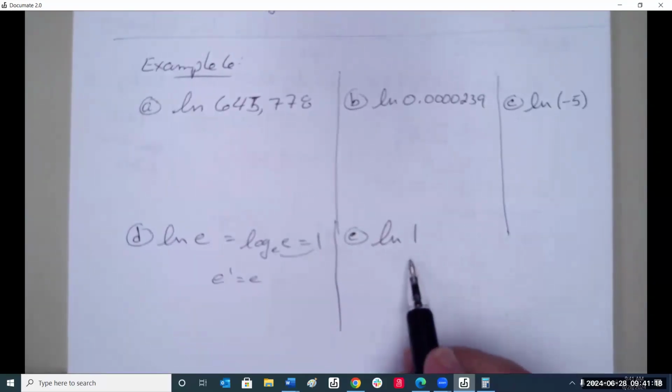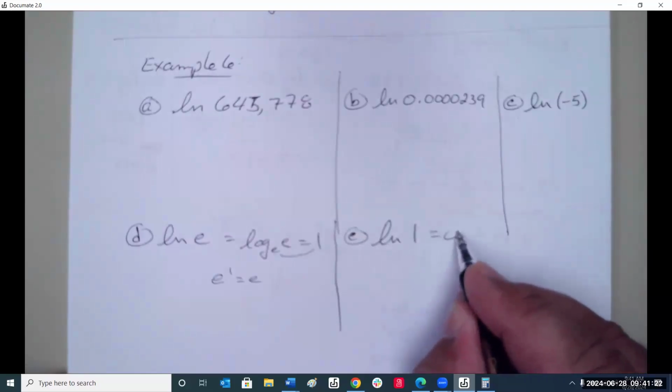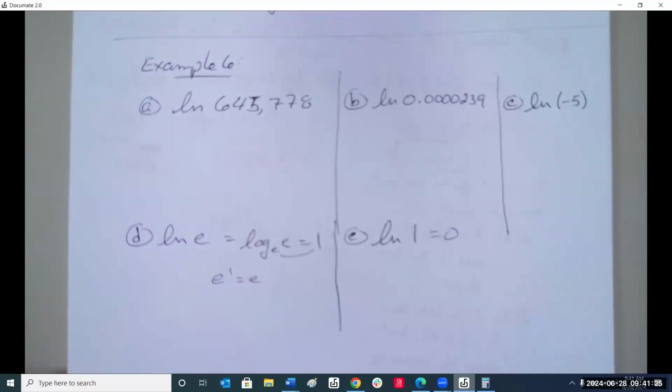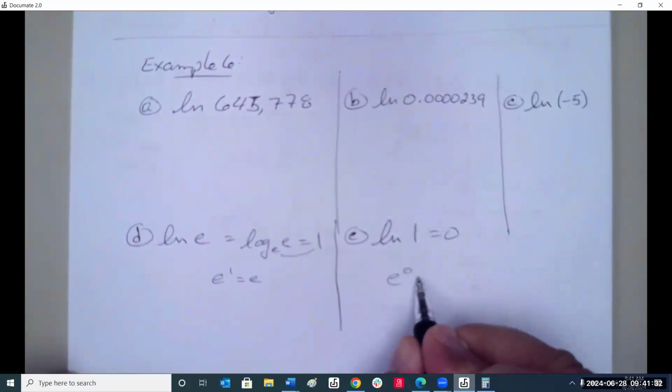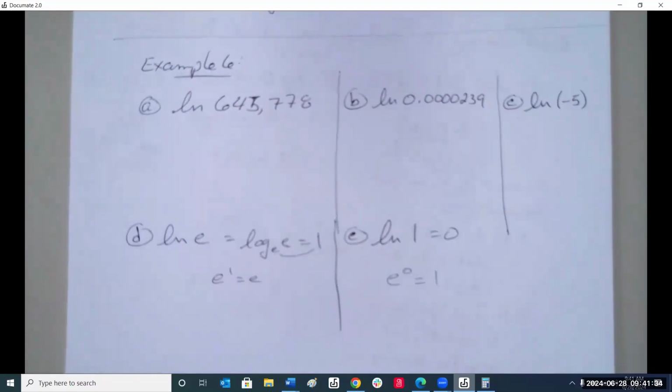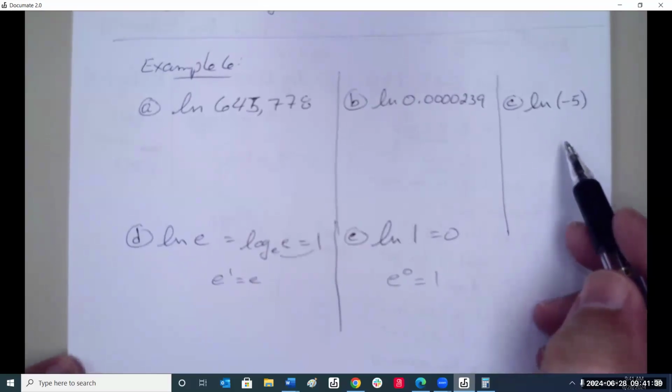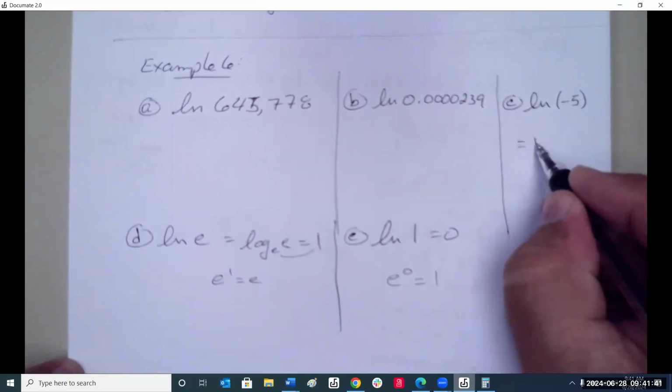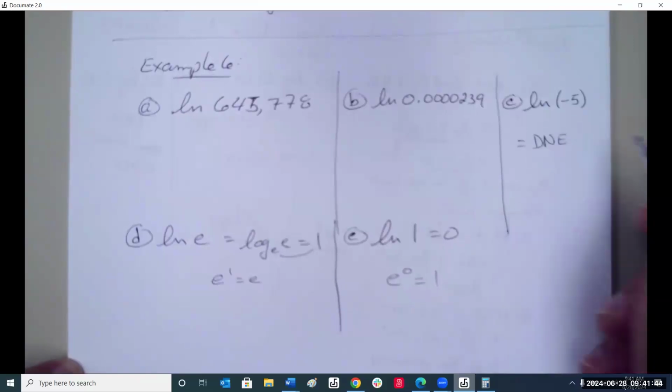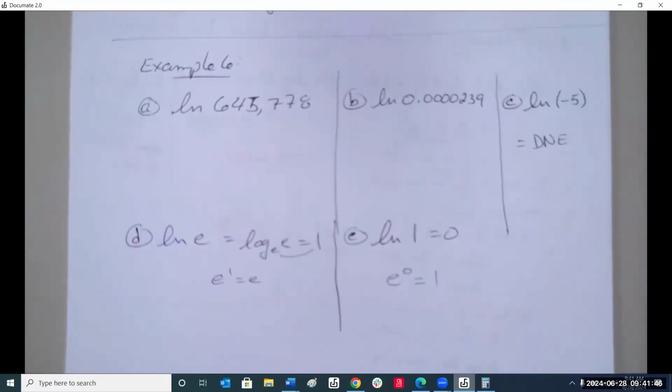How about this one? Because, yes, anything raised to the power 0 is 1. I knew you had it. What about this one? Very good. Why? Can't be negative because that's not in our domain. So these other two, we just have to get the calculator out,